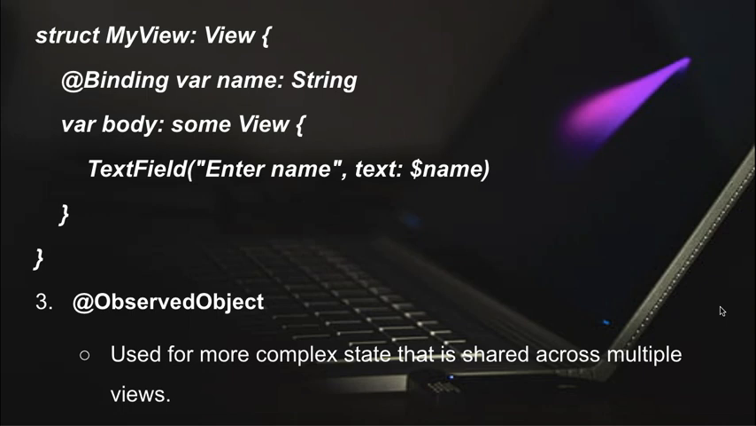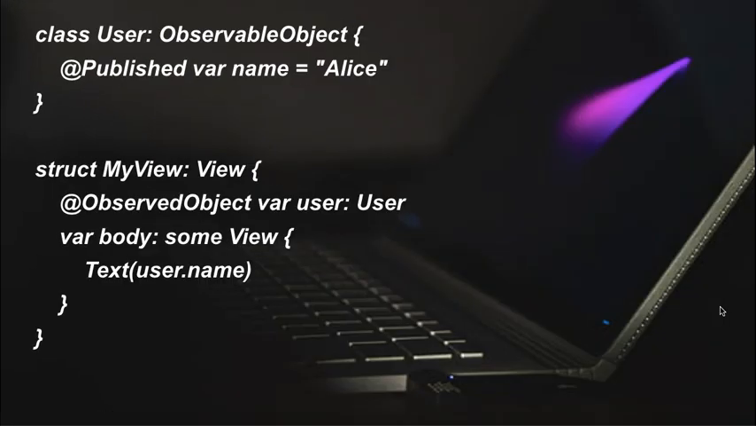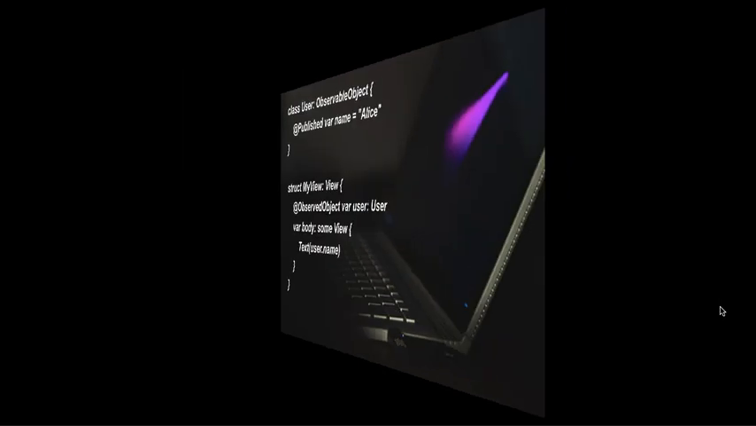Number three, @ObservedObject. This is used for more complex state that is shared across multiple views. class User: ObservableObject { @Published var name = "" } struct MyView: View { @ObservedObject var user: User var body: some View { Text(user.name) } }